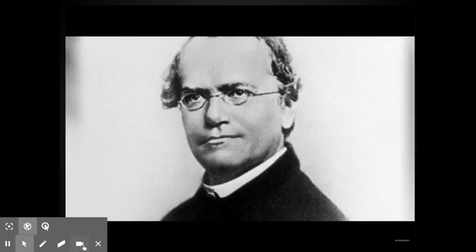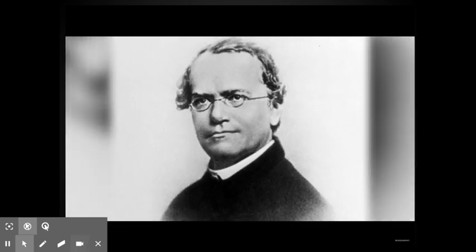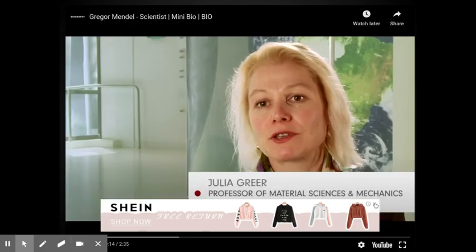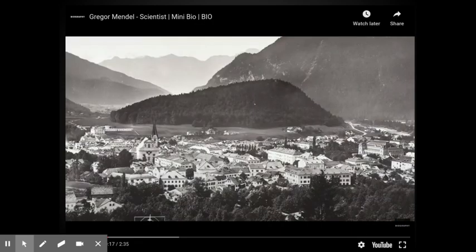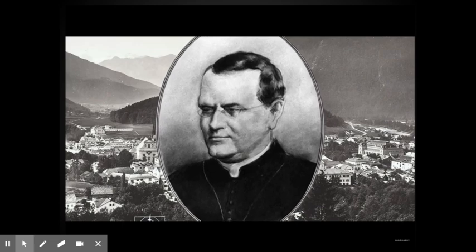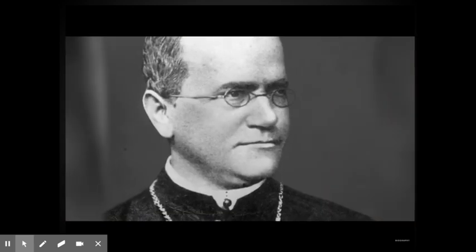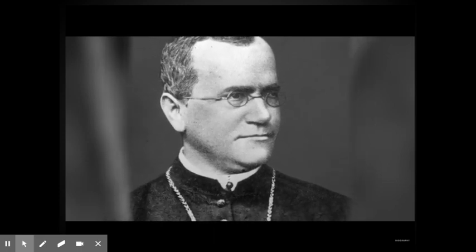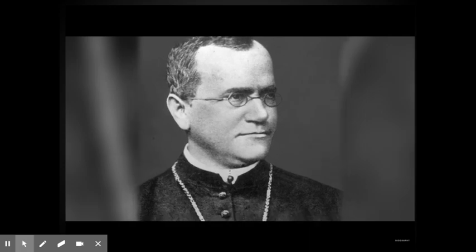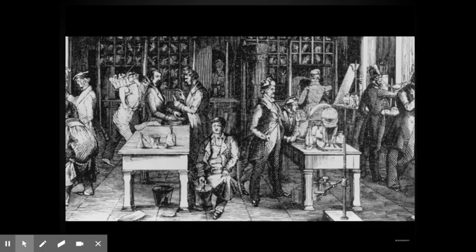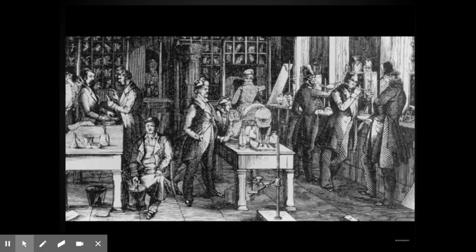Monk, teacher, and biologist, Gregor Mendel is known today as the father of modern genetics. Gregor Mendel's experiments on pea plants were fundamental in establishing the field of modern genetics. Born Johann Mendel on July 22, 1822, in what was Austria and is now the Czech Republic. Mendel excelled at school and became an Augustinian monk to further his education. He was given the name Gregor when he entered the monastery. The monastery sent him to the University of Vienna, and that gave him the education in science, math, chemistry, and botany that he then brought back to use in his teaching.